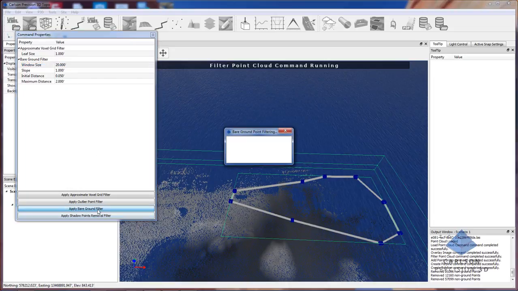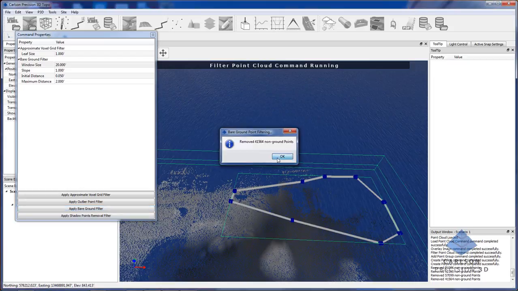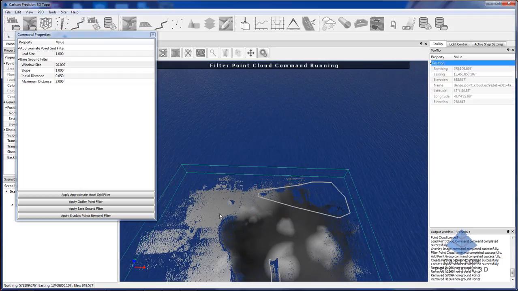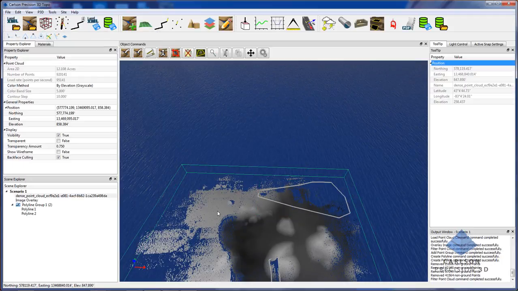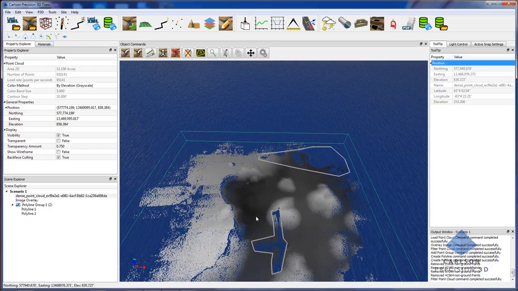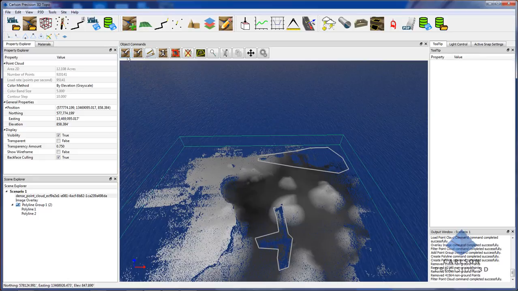So I'm going to increase the sample size because this is fairly sparse. Okay, and I'm going to press the right mouse button and end the command. I can see that we have 920,000 points. So I'm going to go ahead and